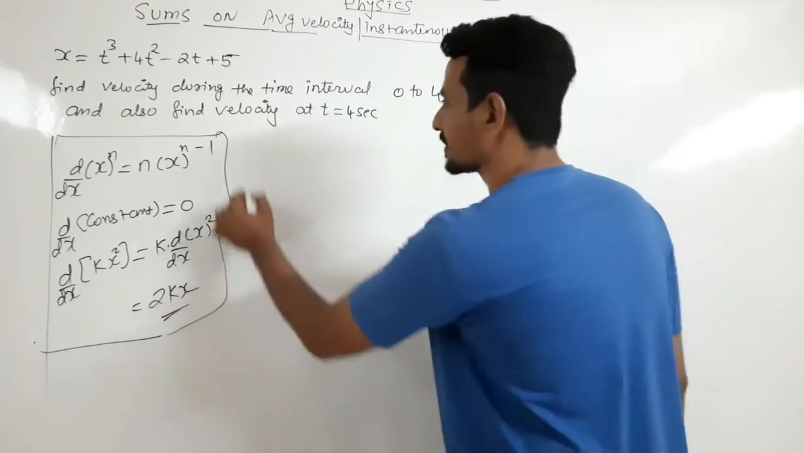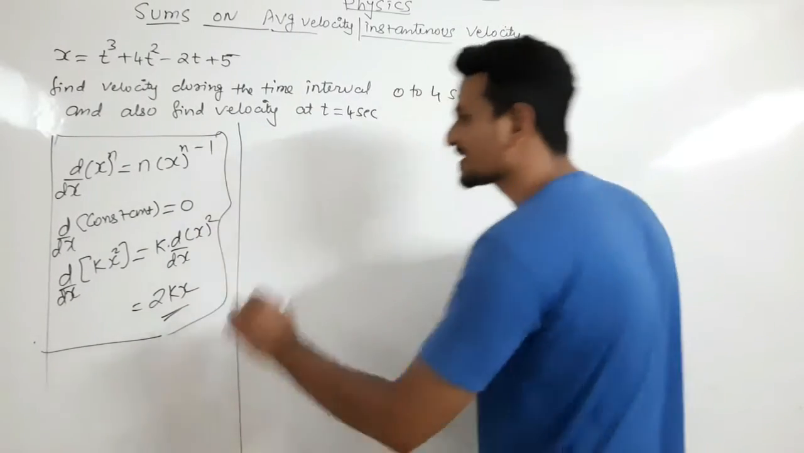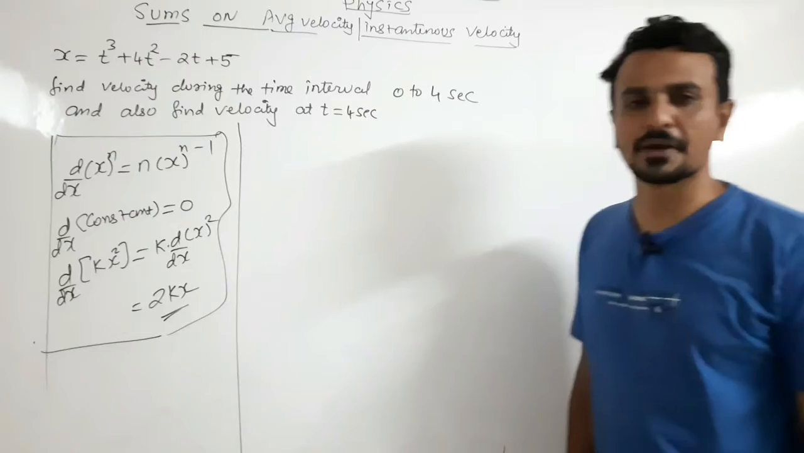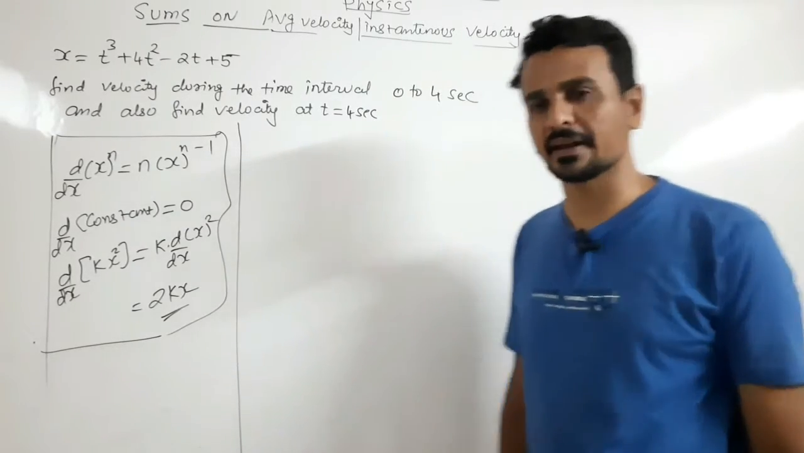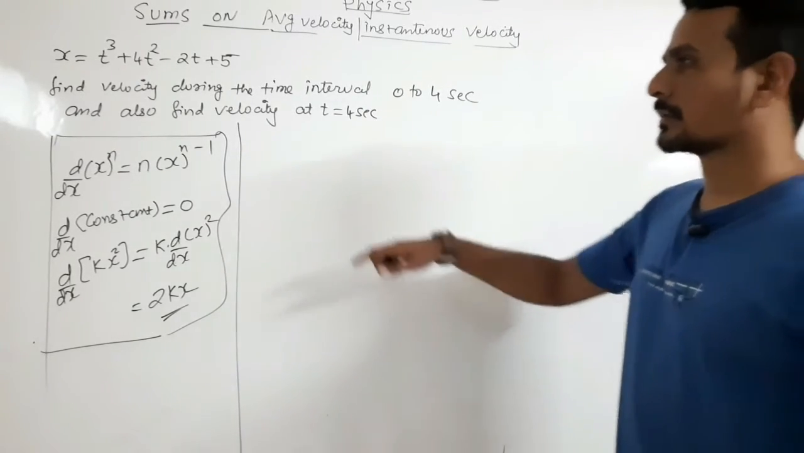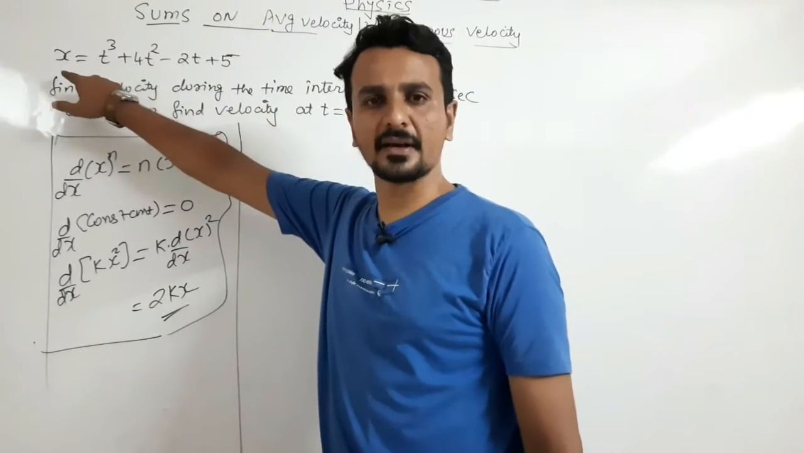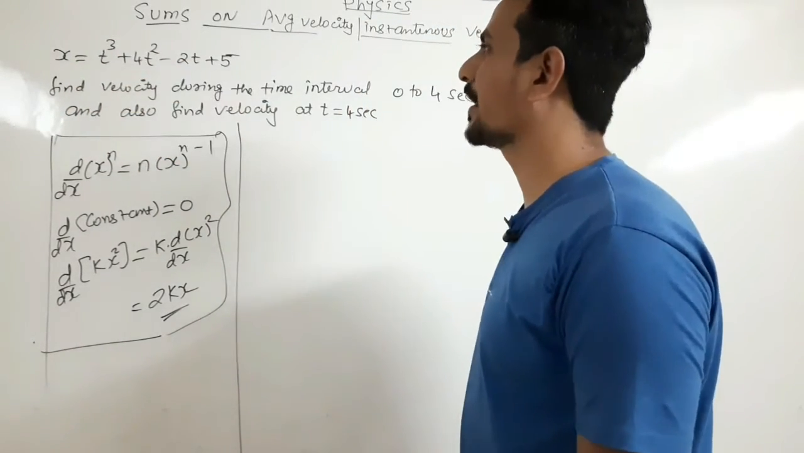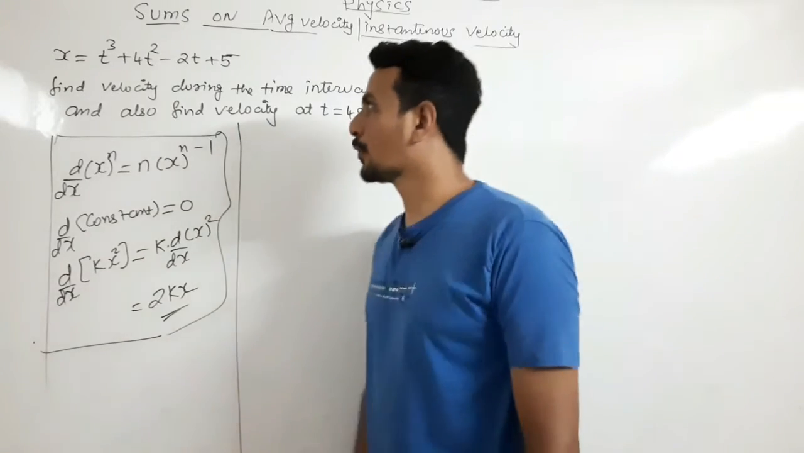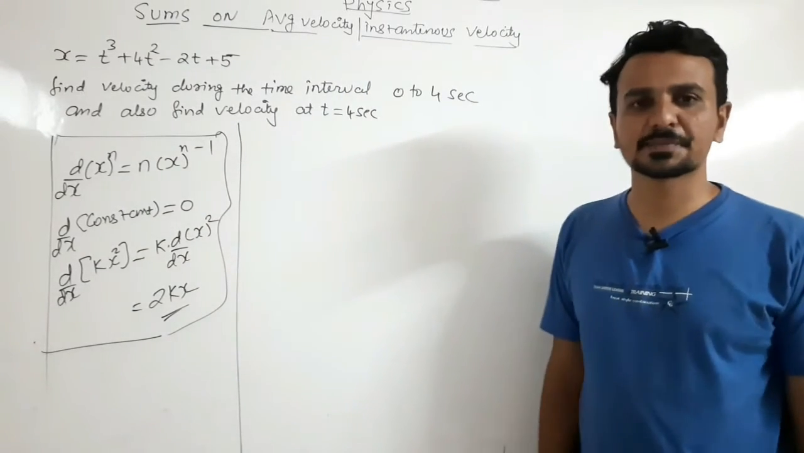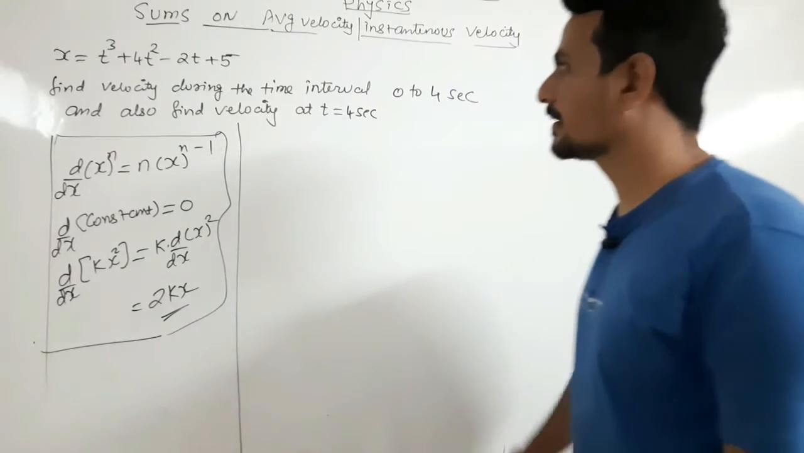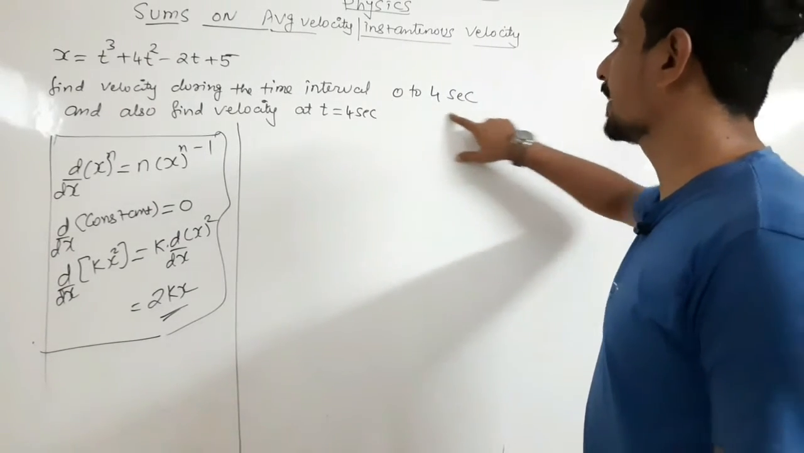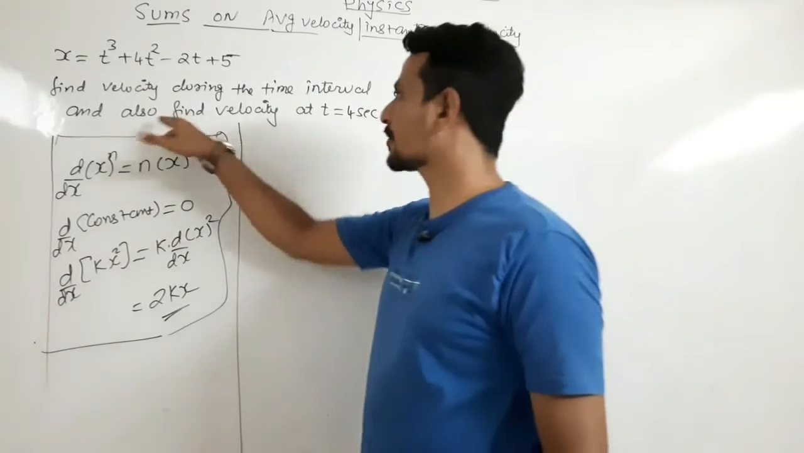Okay, fine. Now let us solve 2-3 questions based on the concept of average velocity and instantaneous velocity. The question is: the position of a particle is x equals t cube plus 4t square minus 2t plus 5. That means the position of the object changes with respect to time. You have to find the velocity during the time interval 0 to 4 seconds and also find the velocity at